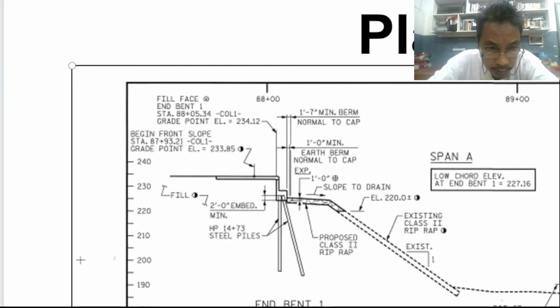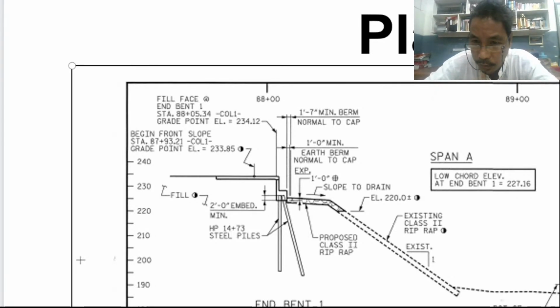Then next to that, just below the word fill, we have 2. If I am not mistaken, that is 2 feet dash 0 inches. Okay? 2 feet dash 0 inches. And below that line, we have what? Min. So that means minimum. Okay? 2 feet 0 inches